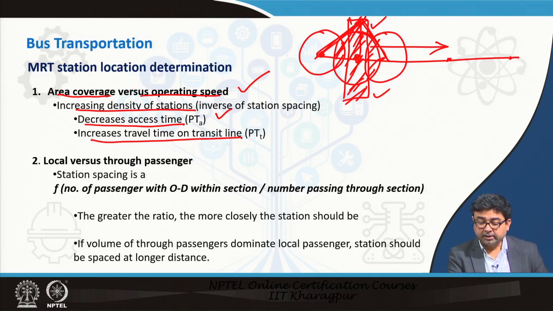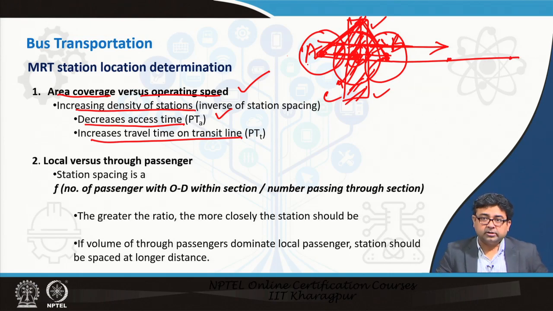Now, there is suddenly another station here. So, this, say, BRTS or metro line, once it starts from this station, has to again stop here. So, there will be some lost time, deceleration time, and again it has to accelerate, and again it has to stop here. So, now instead of going from point A to point B, where it could have nicely accelerated and gone, it has to make a pit stop here at C, which adds lost time. So, while making a trade off between area coverage and increasing the density of stations, the actual speed of the transit line is going down.